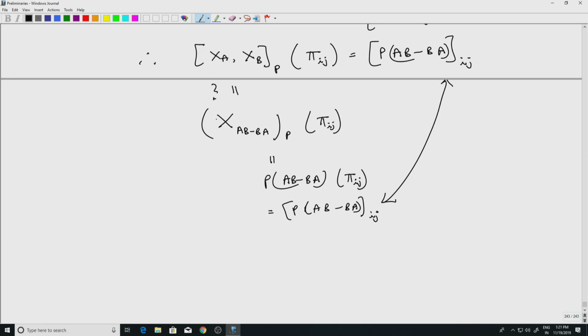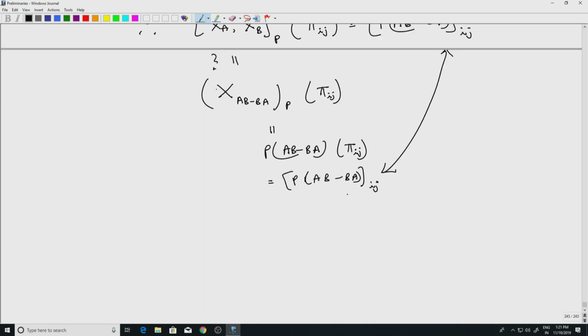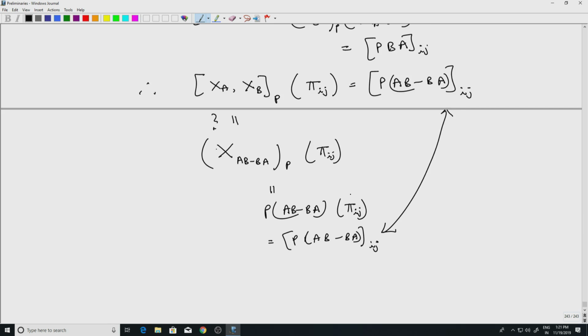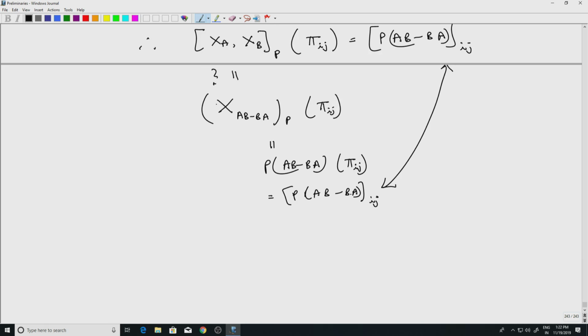So, however, what we have done is we have checked it just for these Xa, Xb, p acting on this function pi ij, for any i and j. We are getting the same values. What about for arbitrary functions? So Xa, Xb